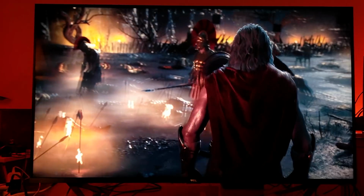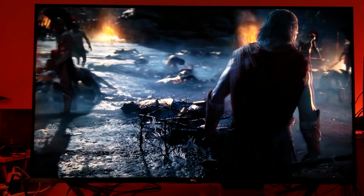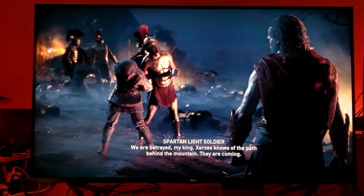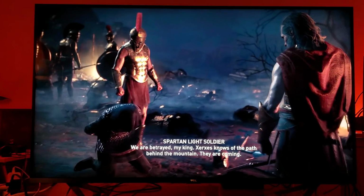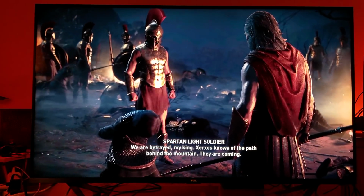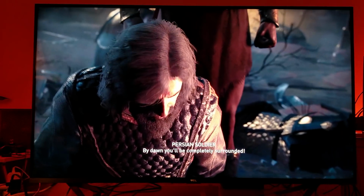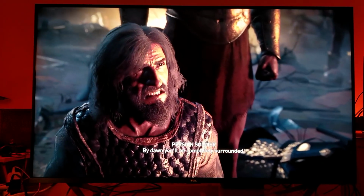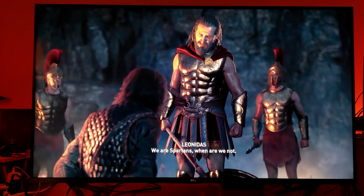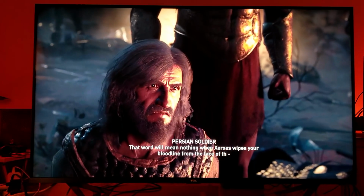And this is really a great companion for the Xbox One X or PlayStation 4 Pro this holiday season. If you don't want to break the bank and you want to get something for $1,000, you can get this combo. You can get this television, the 55-inch R617, for $600, and then you can get a console for $400 if it's a PlayStation 4 Pro, or the Xbox One X for $500. So for $1,100 you can have this television and the Xbox One X, and that's a pretty good deal to have that combo. The reason I recommend the Xbox One X is because with the Xbox One X you're gonna get the